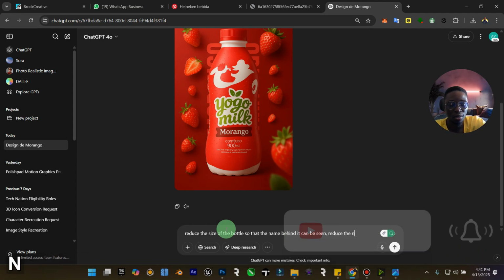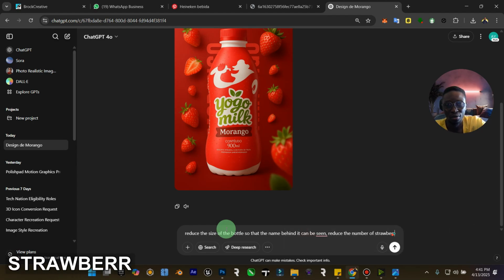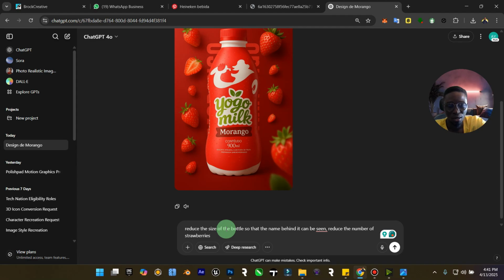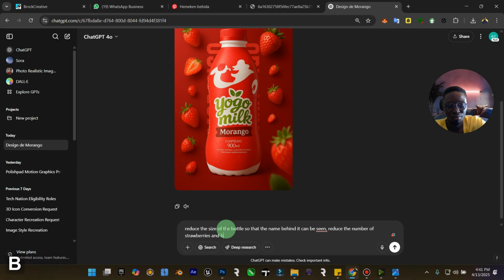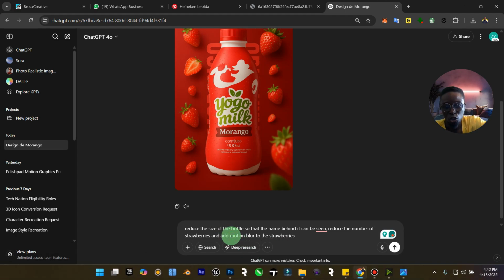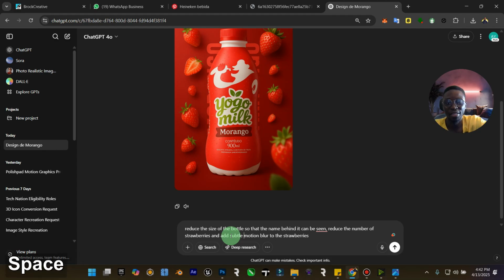Reduce the number of strawberries and add motion blur to the strawberries. Let's put subtle motion blur so that it doesn't just convert everything.